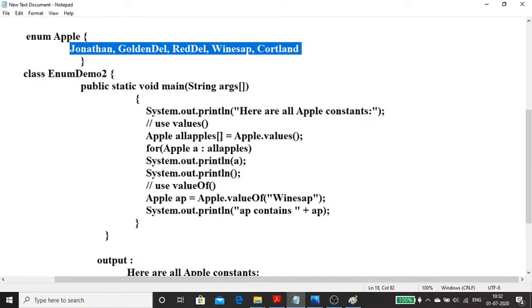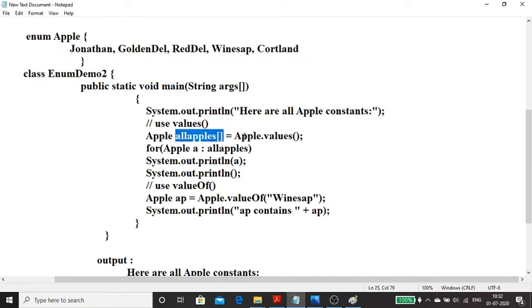So that we must store within an array, and the array should be of what type? The type is Apple. So we have to go with Apple. That's it. Okay. So now I'm using a for-each loop. Here we have to write the collection. The collection is the array name, so allApples is written. And we need a variable on this side, and the variable should be of the same type, so we have written Apple a. So whenever there's a value within allApples, that will be assigned to a one by one. First it is going to assign